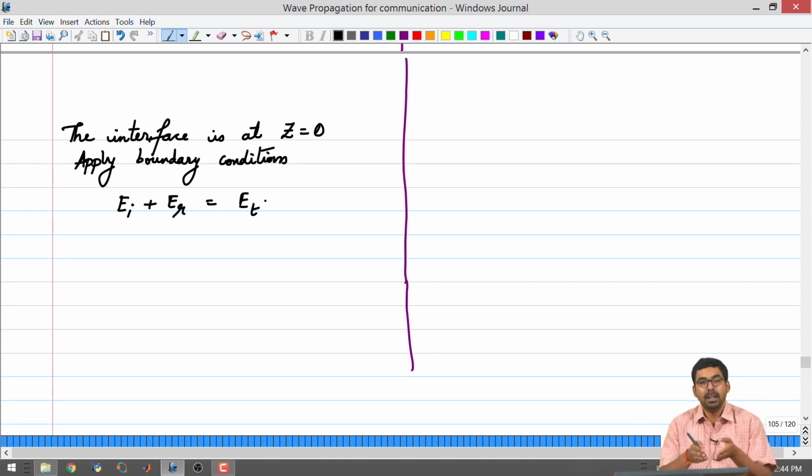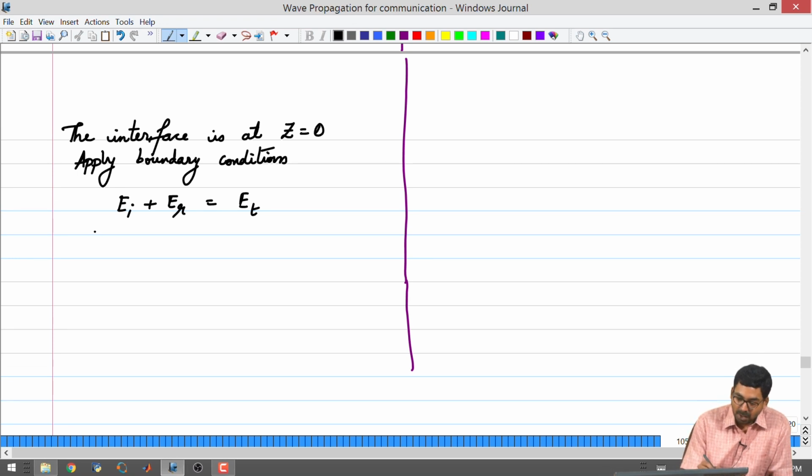So, this should give you some idea as to how the transmission coefficient could be greater than 1, and the transmitted electric field on the right hand side could be greater than the incident electric field, right. So, it is not a very unnatural consequence. We still have to remember that the magnetic field will adjust itself if this happens. So, this is one boundary condition, okay.